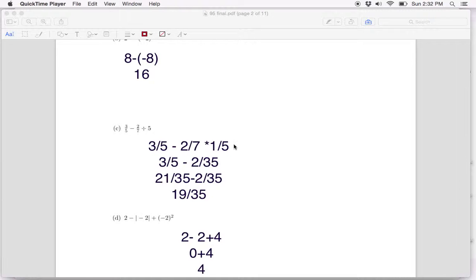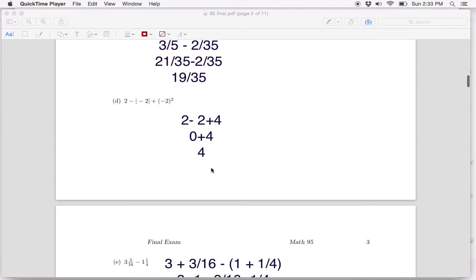So 2/7 times 1/5 gives us 2/35. Then to deal with this subtraction, I have to have a common denominator. So I go ahead and do that, multiply 3 by 7 and multiply 5 by 7 and get this, and